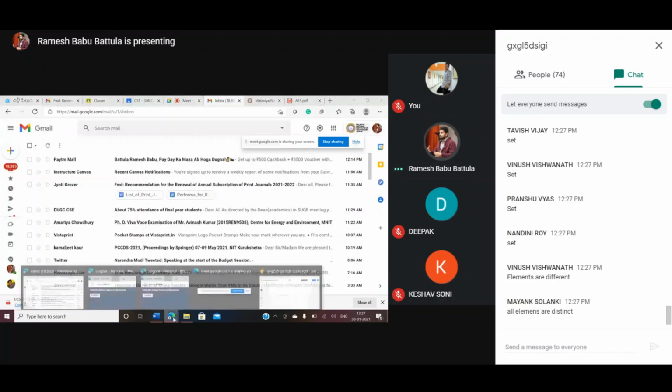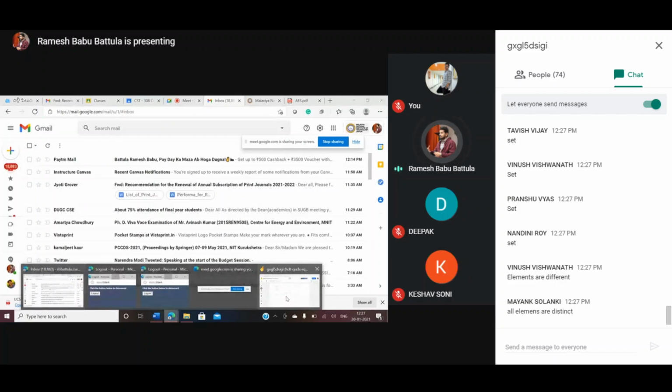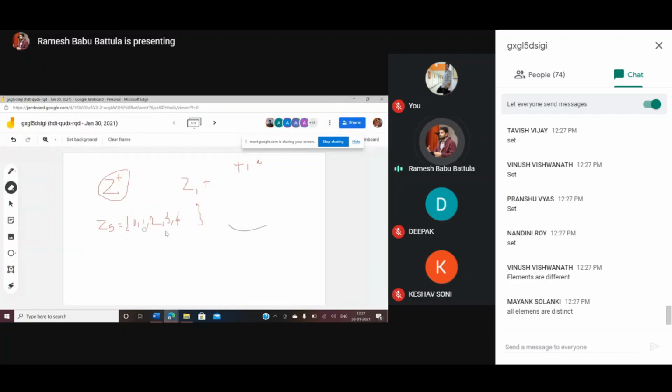Whatever one of the students has said, this is a group. I'm not saying this is a set. If you want to treat this as a set, it is a subset of integers. So you may call this a set and you may create a subset of this also. That's a different issue. But I want to treat this as a group. When am I going to treat this as a group? And what should be satisfied?